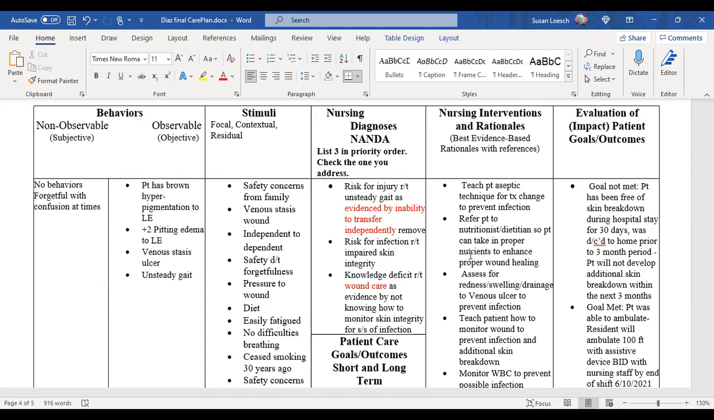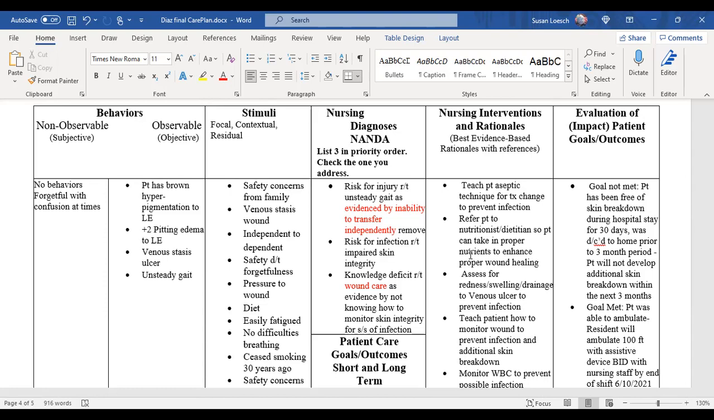Now let's look at evaluation. Okay, so my goal was that patient will be able to demonstrate proper wound care using aseptic technique by 9/28. So now I'm evaluating that. Was the patient able to do that or not? It's that simple. If they were able to do it, then I would say goal met. Patient able to complete proper wound care using aseptic technique by 9/28/20